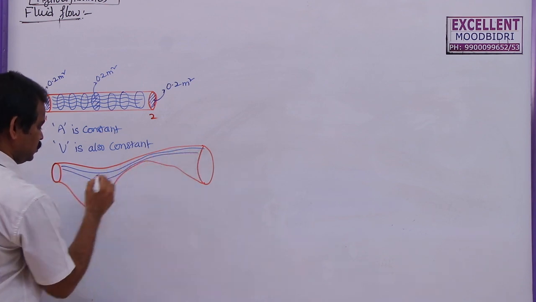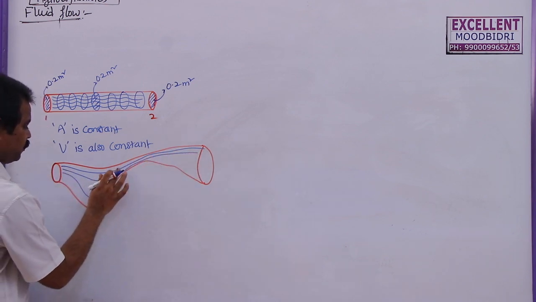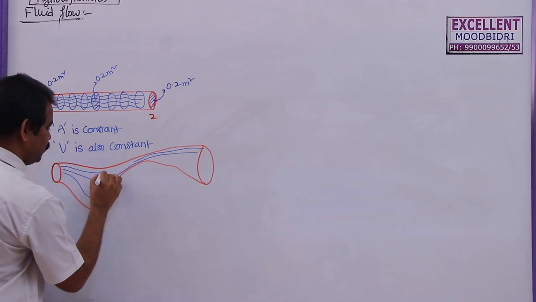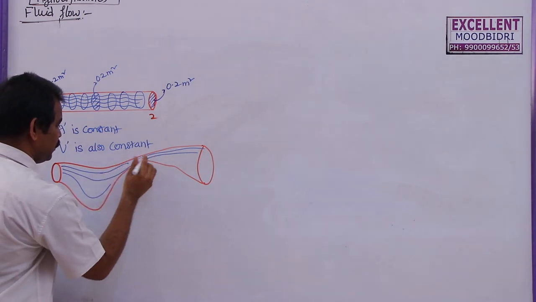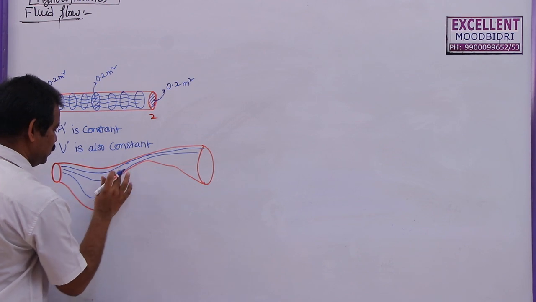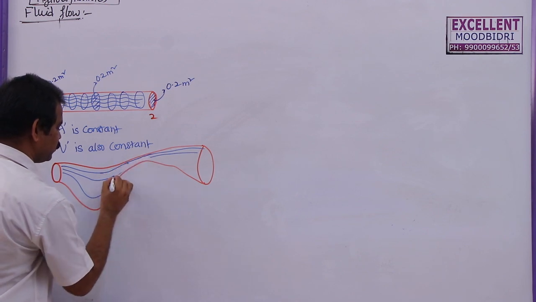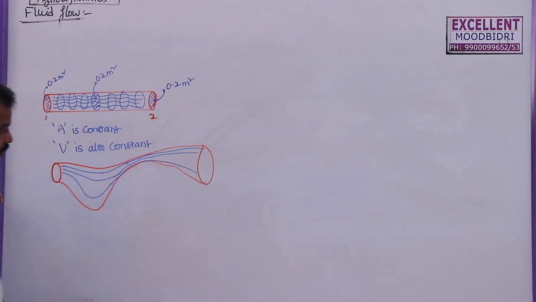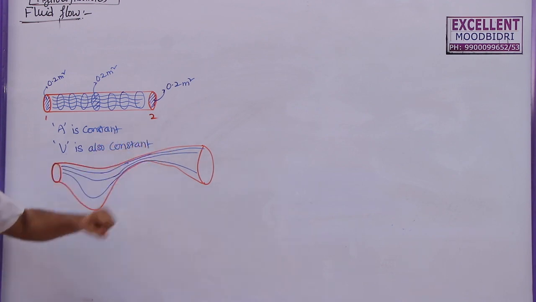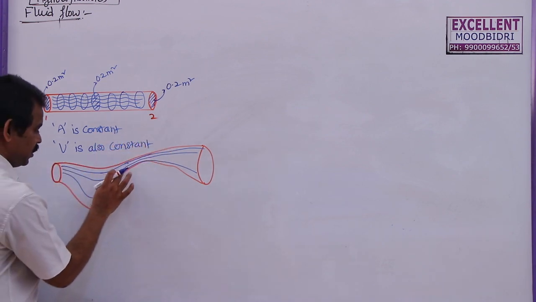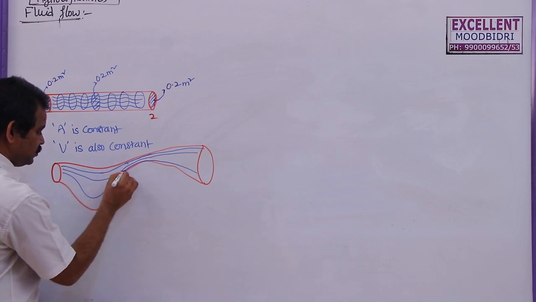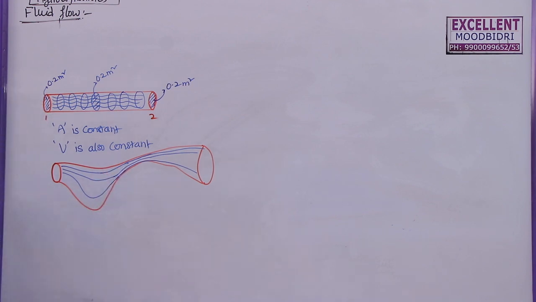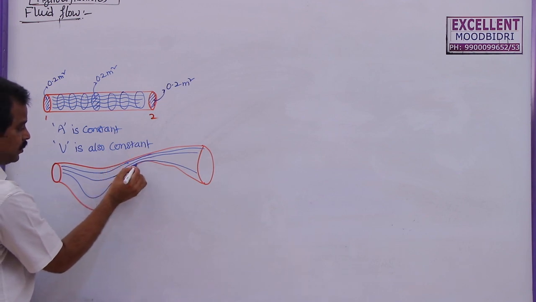It has to flow in the same pipe. So here, one more pipe. But as it is, if you consider only the streamline flow here, what happens? Here the streamlines will move like this. But here we have to consider one more point. They are not maintaining the equidistance from each other. So this may not be complete streamline flow or laminar flow. So it may be having some turbulence.